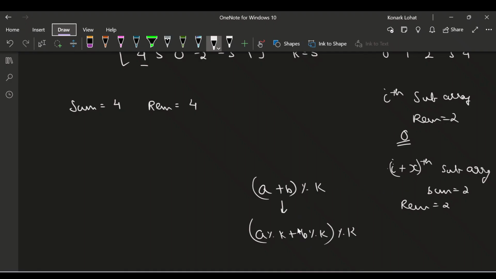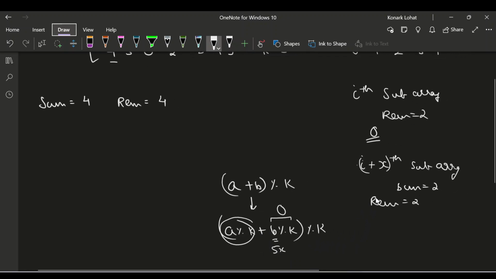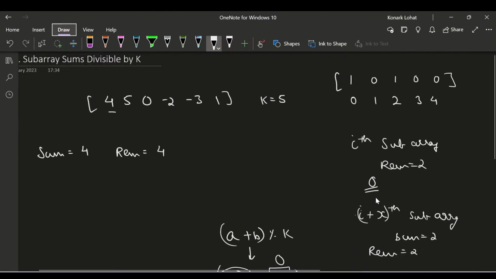Which means if this thing is divisible by k, if b is divisible by k, then b will be equal to something that is a multiple of 5, like 5x, right? Because k is 5. And if this is divisible by this, it will give you 0, which means a plus b is divisible by k, a modulus k is divisible, right? I think this makes sense, because if you try to think about it,